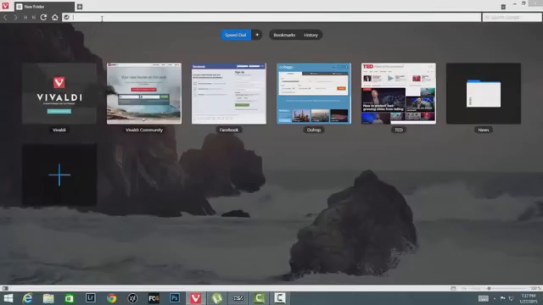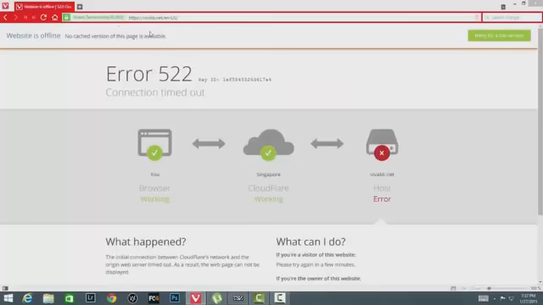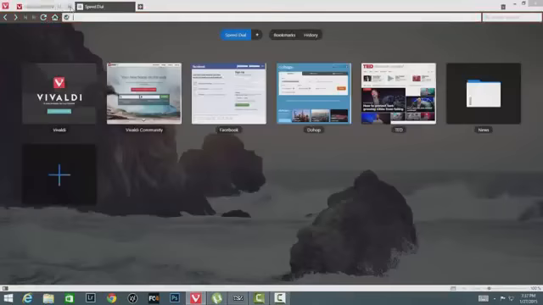So that's one thing. The other thing is a con actually. When you open any website that has a lot of graphics, it takes a lot of time to load. As you can see here, we are going to the community website of Vivaldi browser and it is taking a hell of a lot of time to load. I think they will improve it in the final version, because it's like the older Internet Explorer, the same amount of time it is taking. That has to be taken into consideration. Google Chrome's speed is pretty good, better than this. If they have to come into competition with Google Chrome, they have to improve the speed as well.